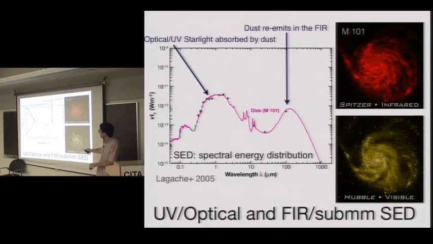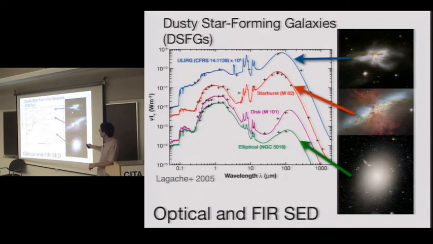This is the part of that SED here in the optical and UV, near infrared. And this is that bump coming from dust. So the optical light was absorbed by the dust and re-emitted as a modified black body, approximately as a black body. And then the ratio of this bump between the optical and the infrared is an indication of just how much star formation is actually taking place.